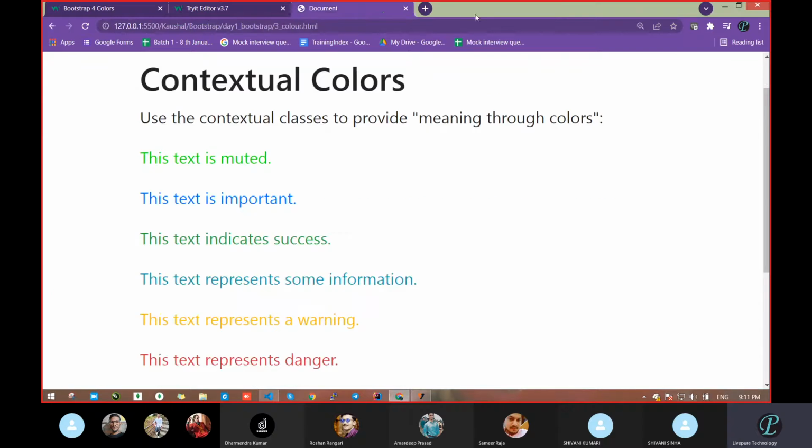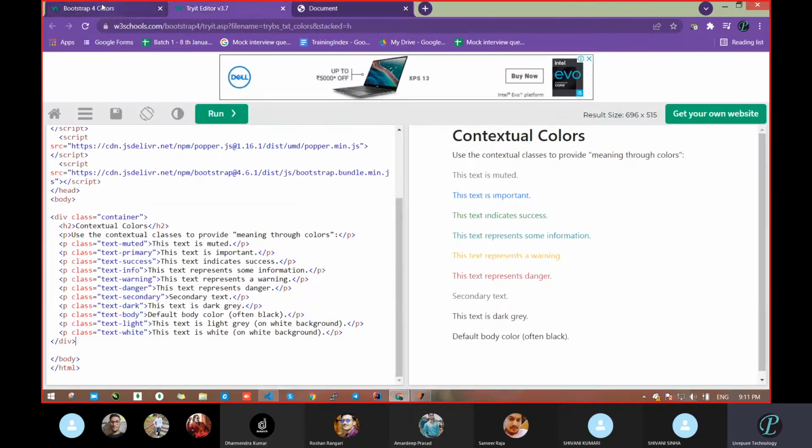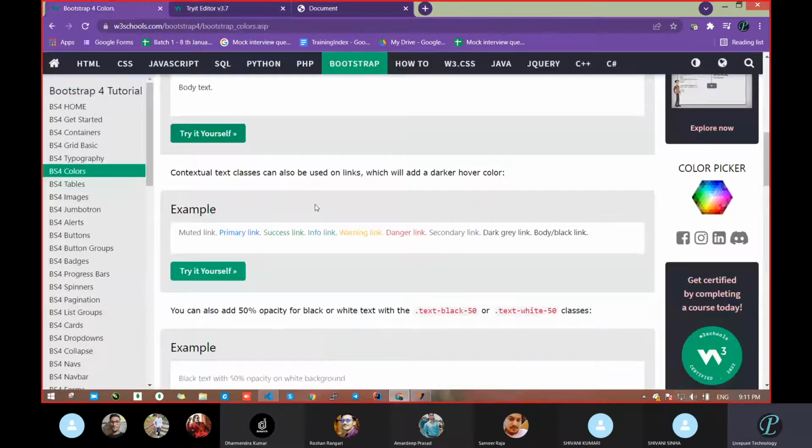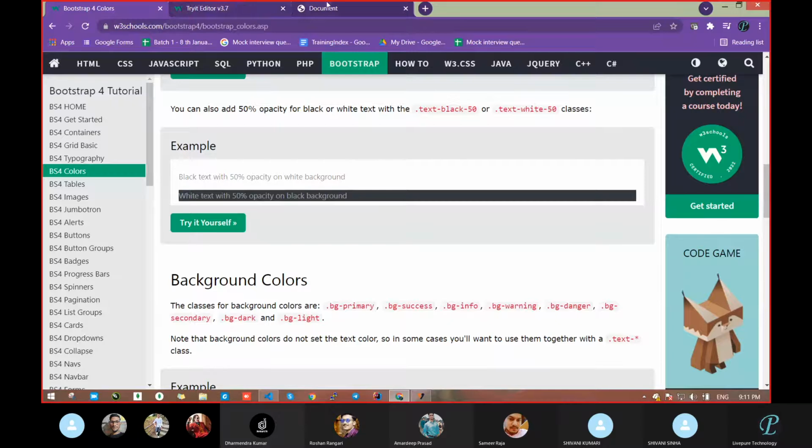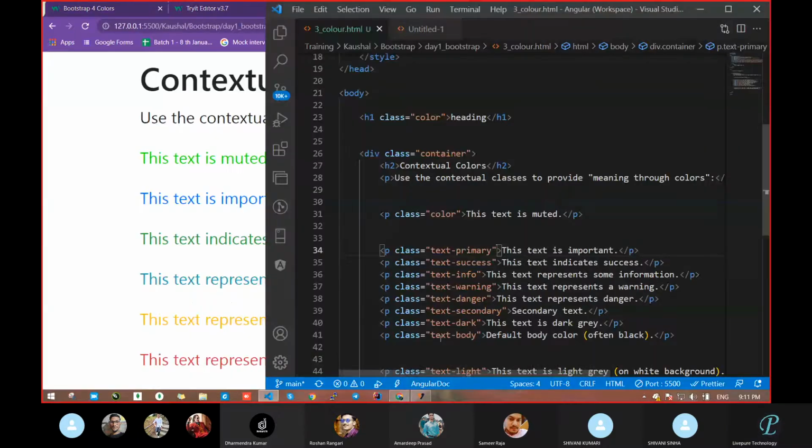So does anyone have any issue? Tell me how we can color that. No issue? Fine. Meanwhile, as you said, like tag colors, apart from tags we can take a button also, same things.